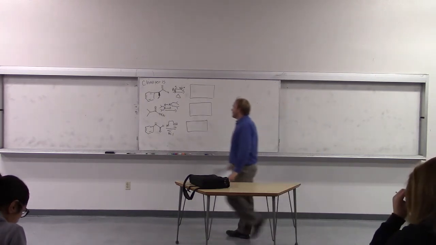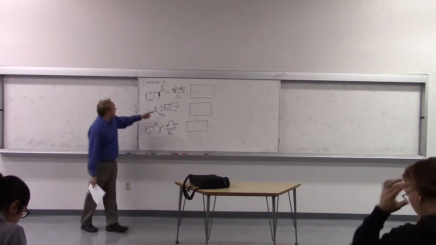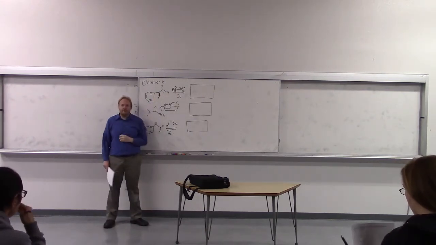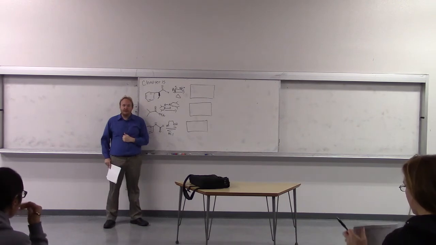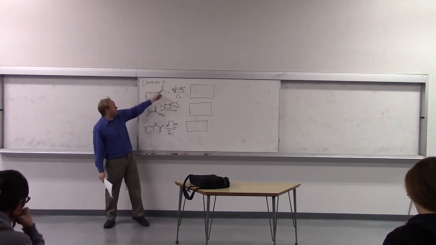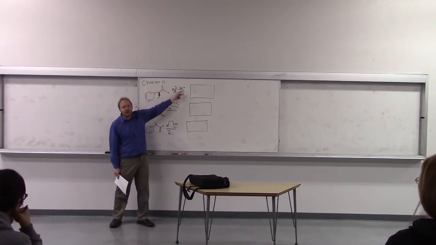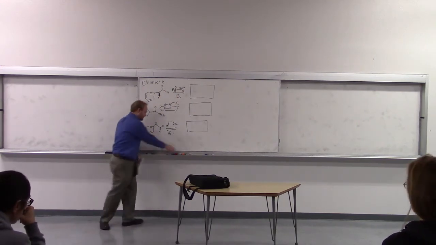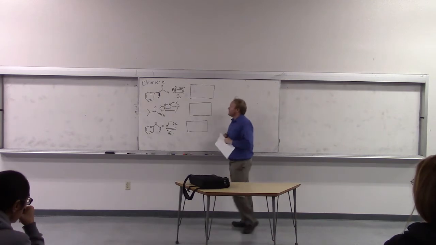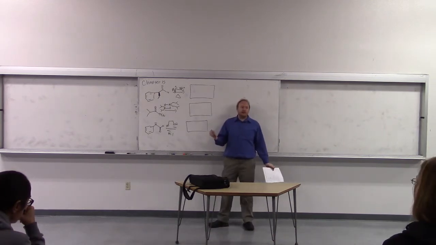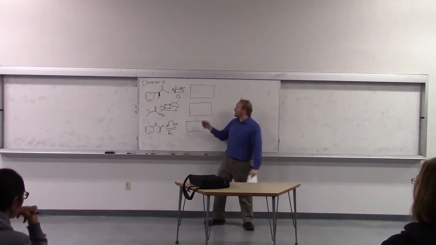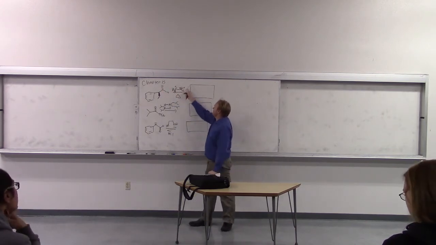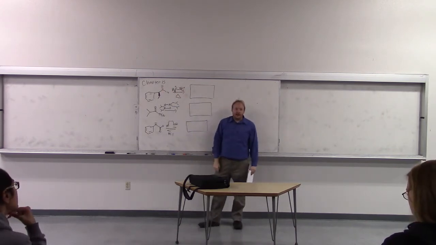So just a quick review. What happens when we take an aldehyde and a phosphorus ylide? What reaction is that going to be? The Wittig. And so what's going to happen if we just have the CH2 on our carbon? What's going to happen to the oxygen? It's going to be replaced with CH2, right? So in the Wittig reaction, the oxygen in the aldehyde is replaced by the substituent on the carbon in the